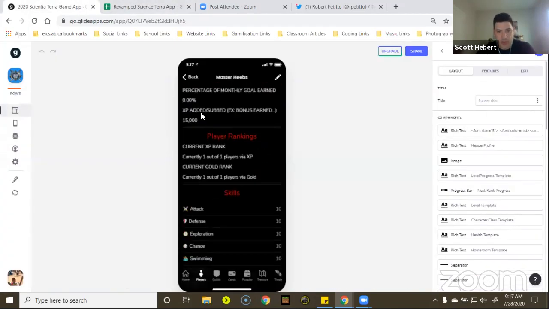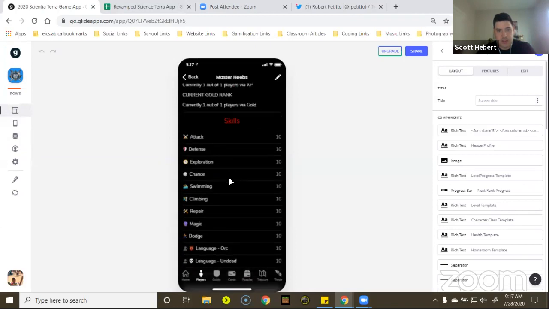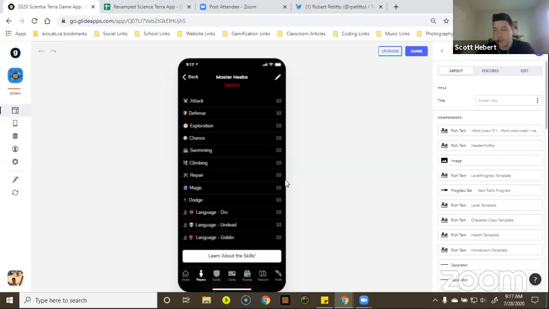Then there's the rankings, that's all displayed. One thing that I started last year is a skill system. The issue, of course, is that my skill system was sheets of paper that kids had. Now, of course, the obvious problem is that I can't have kids sharing these sheets or keeping them around or leaving them on desks. So I've added the skill system directly into the app.